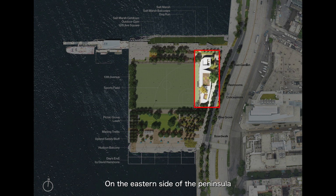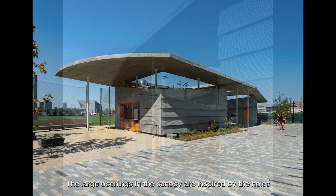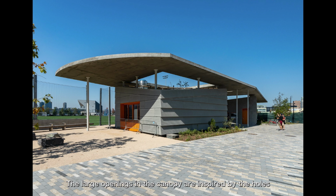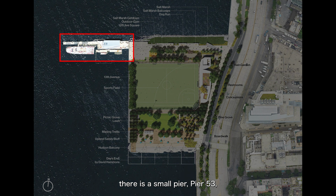On the eastern side of the peninsula, near the West Side Highway, there is a park pavilion designed by N Architects. This pavilion features a canopy connecting 3 separate structures that serve as public restrooms and concessions. The large openings in the canopy are inspired by the holes Gordon Matta Clark carved into the building at Pier 52 in 1975. Lastly, at the northwest corner of the peninsula there is a small pier, Pier 53, which serves